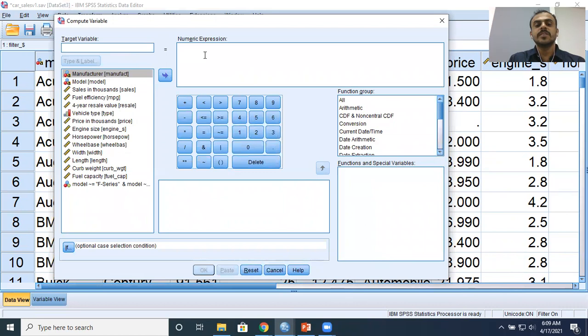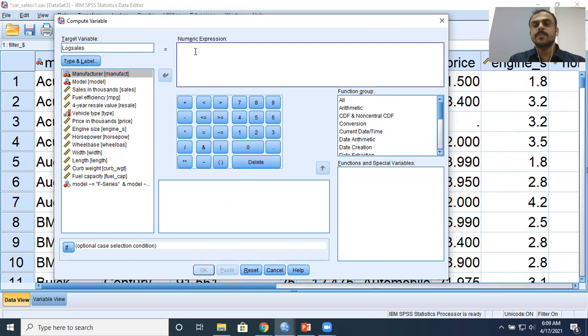So it fires a new window. You see two boxes here. One is called the target variable. You can simply say log sales. One mistake that people usually make here is they give a space, that is, log space sales. Remember, space and such things are not allowed. When you're declaring a variable name, there can't be spaces and such things. So you have to just type it as log sales.